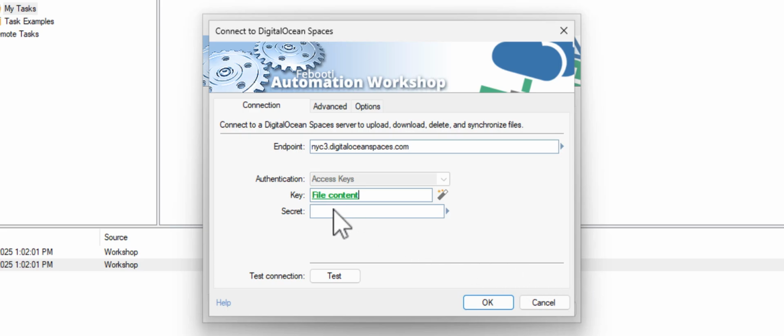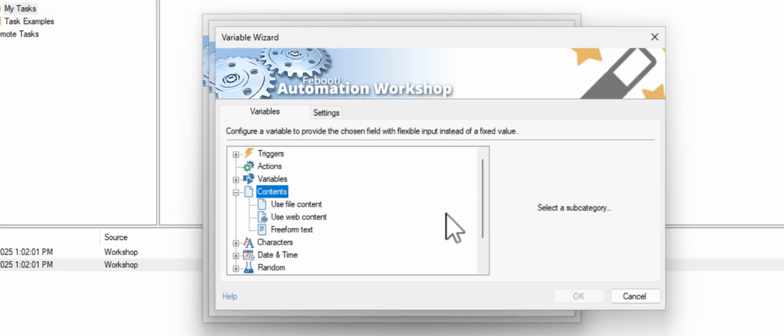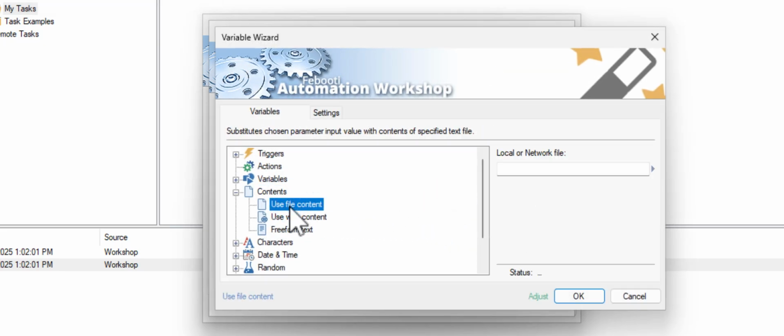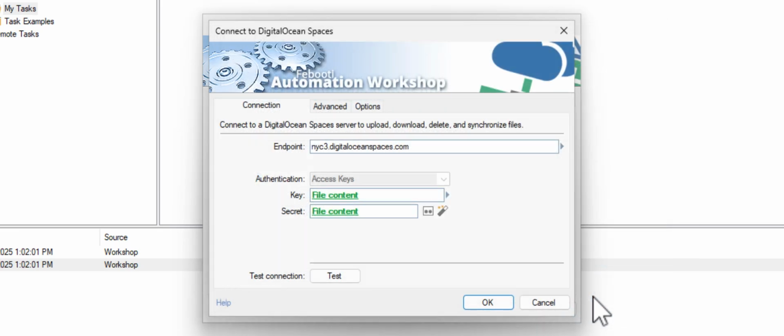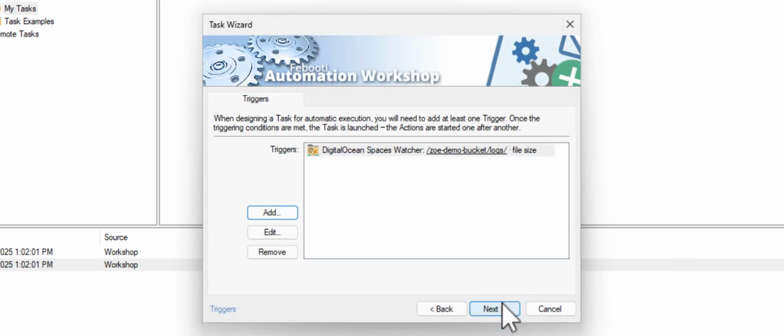I repeat the same step for the secret. Now our trigger is ready. It will start the workflow whenever a file in the monitored bucket is larger than 500 megabytes.